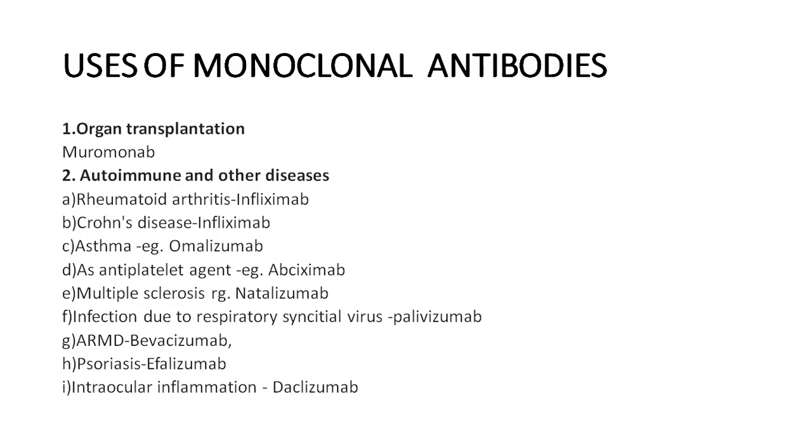As an antiplatelet agent, for example, we have abciximab. For each autoimmune disease, if you just remember one drug, it is enough. For multiple sclerosis, we have natalizumab. For infection due to respiratory syncytial virus, palivizumab. For ARMD, we have